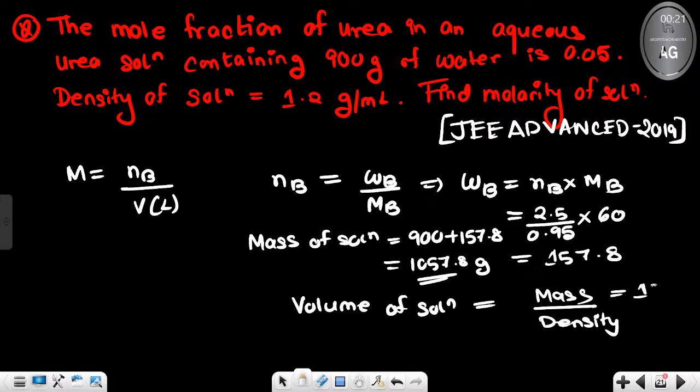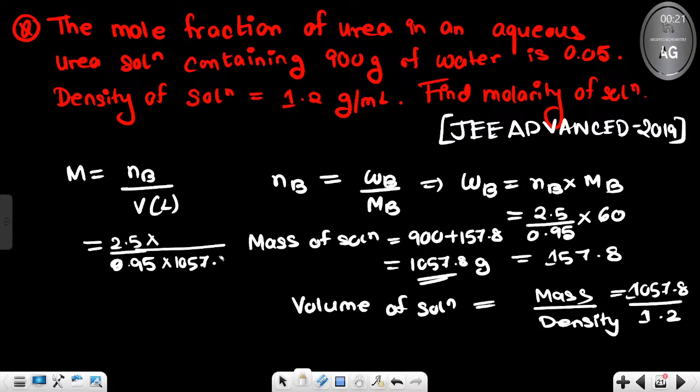That is going to be 1057.8 divided by 1.2. এই ভ্যালুগুলো এখানে সাবস্টিটিউট করে দাও। তাহলে মোলারিটি ইজ বেসিক্যালি nB by volume, ক্যালকুলেশনটা ক্যালকুলেটর দিয়ে করে নাও, বিকজ ইটস ভেরি রিডিকুলাস ক্যালকুলেশন। তাহলে nB এর ভ্যালু এলো, এবারে nB ইন্টু ভলিউম। ভলিউম হলো 1057.8 ওপরে 1.2, তাহলে 1057.8 তলায়, 1.2 ওপরে ইন্টু 1000 ওপরে। হলো? তাহলে এই এন্টায়ার ক্যালকুলেশনটাকে সলভ করে নেবে, সলভ করে ইওর আনসার উইল কাম অ্যারাউন্ড 2.98 মোলার সলিউশন।